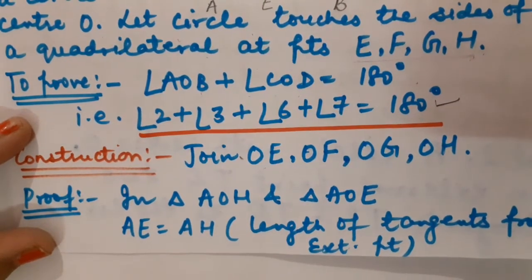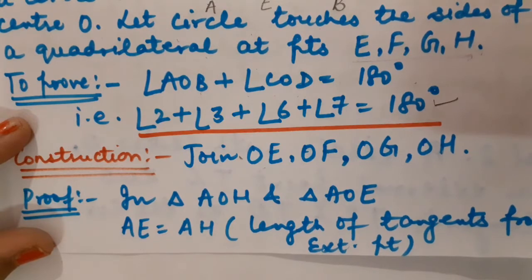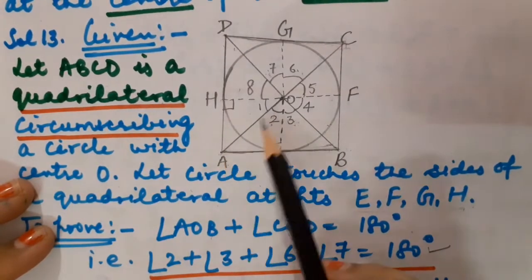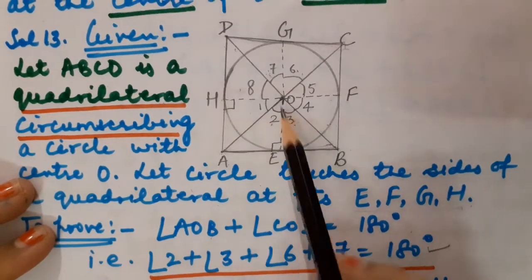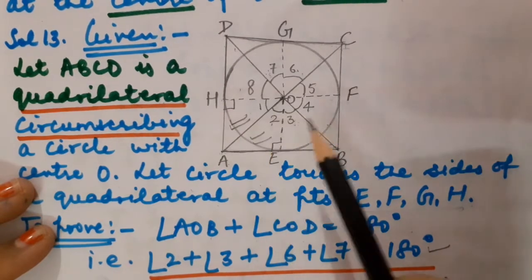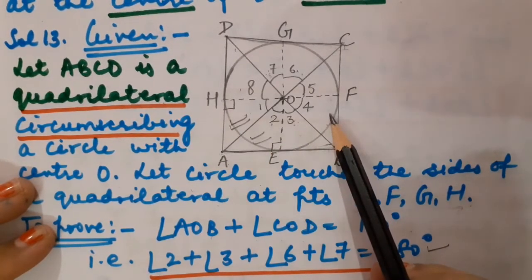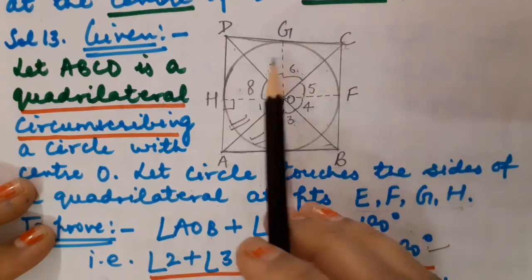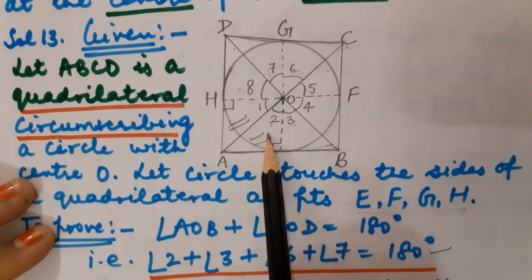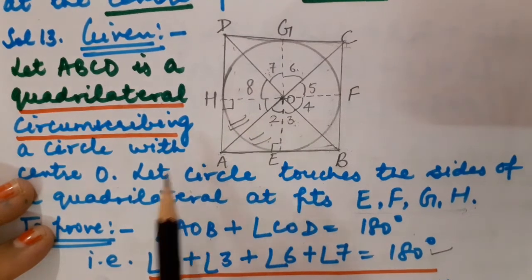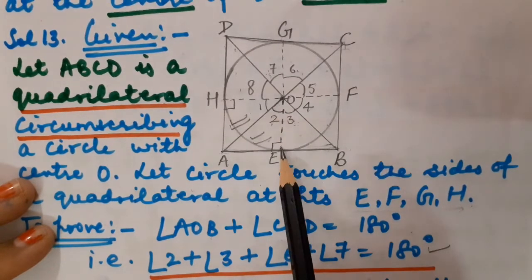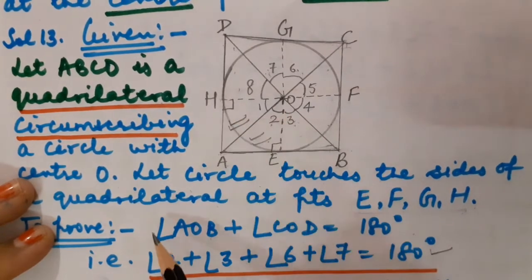First of all, I am explaining it to you through the diagram, then we will read this proof. So children, first of all, I am going to prove triangle AOH and AOE as congruent. Means this triangle and this triangle. You can take these two also, or you can take these two also. That depends on you. I am comfortable with these two, so I am going to take them. What am I going to prove now? I am going to prove that triangle AOE is congruent to triangle AOH.